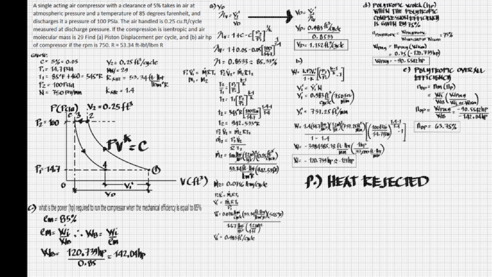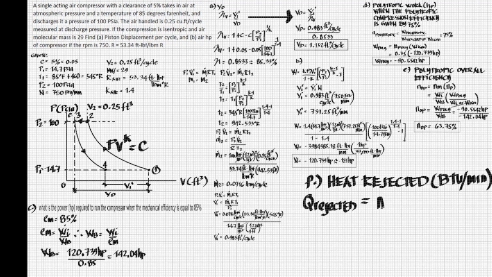So how much is the heat rejected by the compression, in units of BTU per minute. Okay, so knowingly my heat rejected, we have Q rejected, that will be equal to